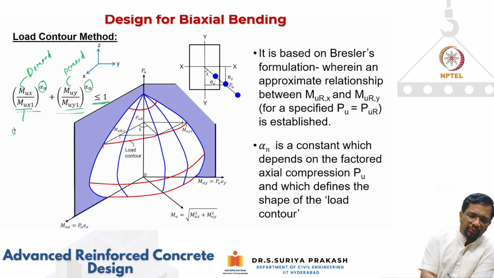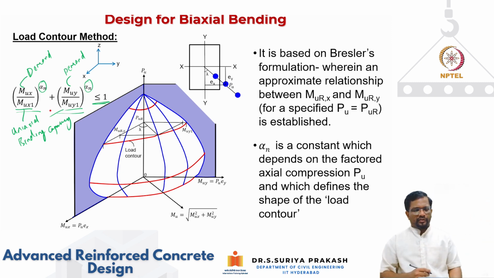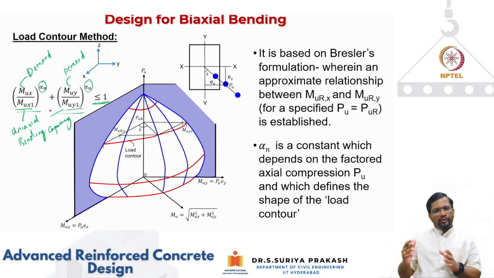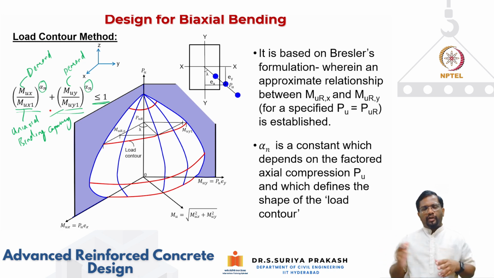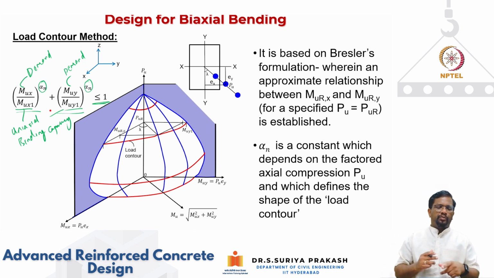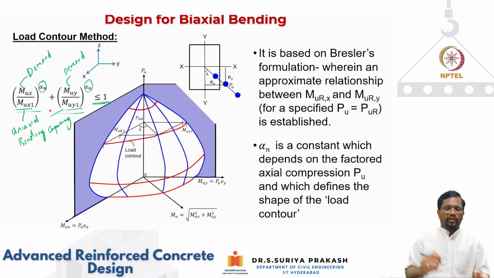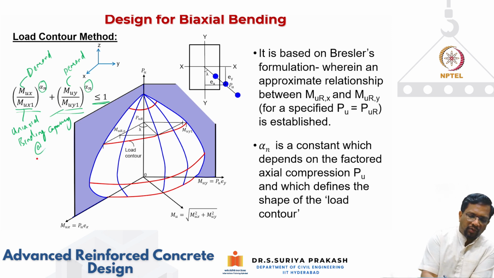These are uniaxial bending capacities, respectively about the respective axes. So Mux and Muy are bending demands about the X and Y axes. Mux1 and Muy1 are uniaxial bending moment capacities at one particular, this is very important, at one particular